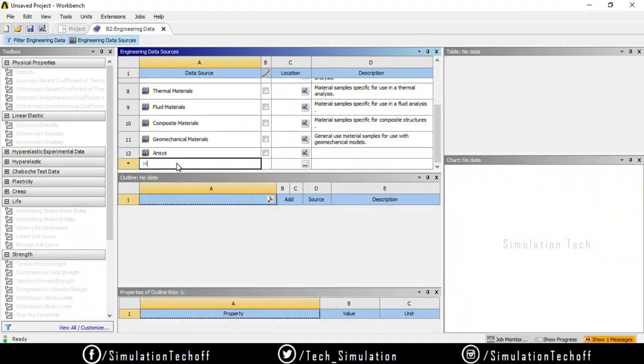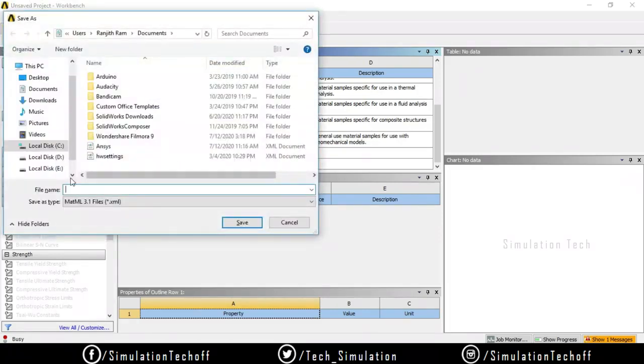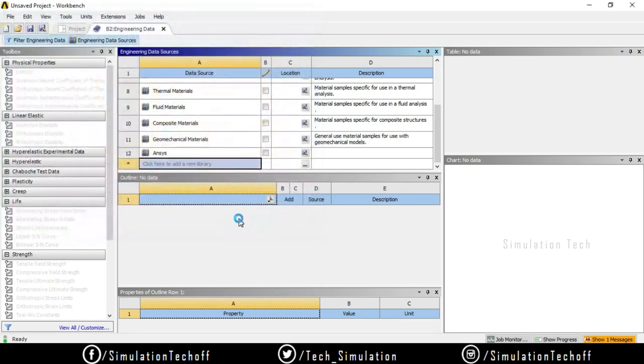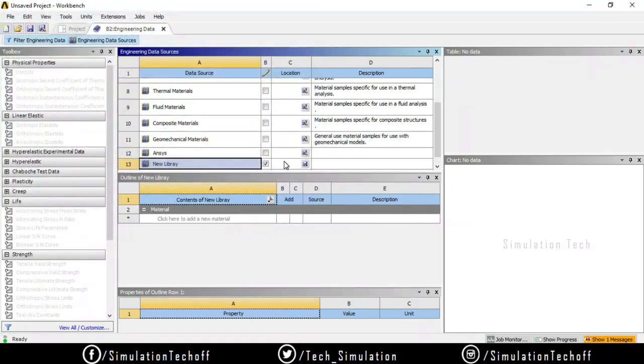So new library. It prompts me to select a location, so I just select a location over here. File name will be new and say okay. So our new library will be created over here.